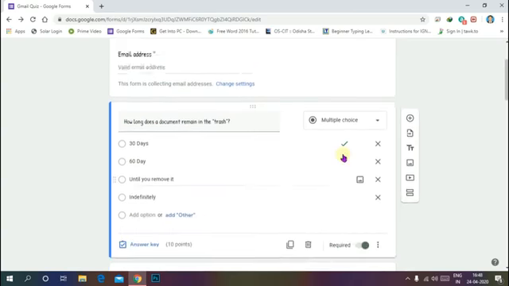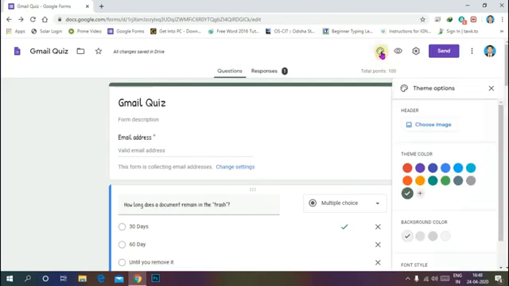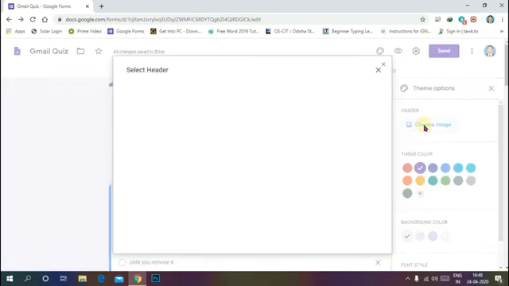In the next step, go to theme choice. The quiz form background look should be attractive. Go to theme and choose the theme color, and the header image at the top of the quiz form is very important. You can also set a header image, choose image.